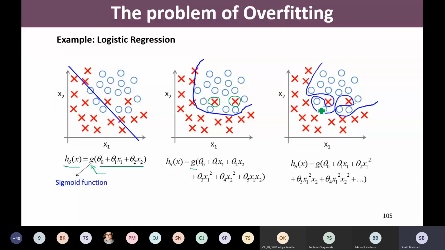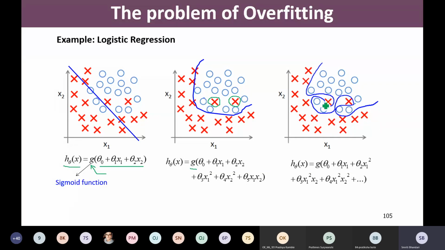And if we have such kinds of noisy samples, and if we go with such a complex hypothesis, what will happen is, even though there is some noise in the data set, our model tries to fit such that these noisy samples are also treated correctly, and we come up with such a complex hypothesis. But as these are noisy samples, these should not be covered, right? These should not be covered actually. And that is why the third reason why we may come up with such overfitting.